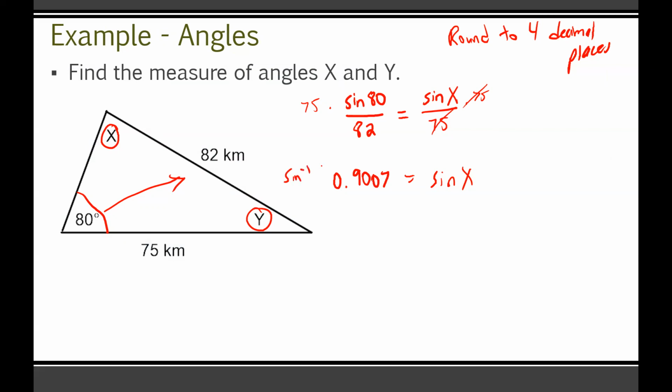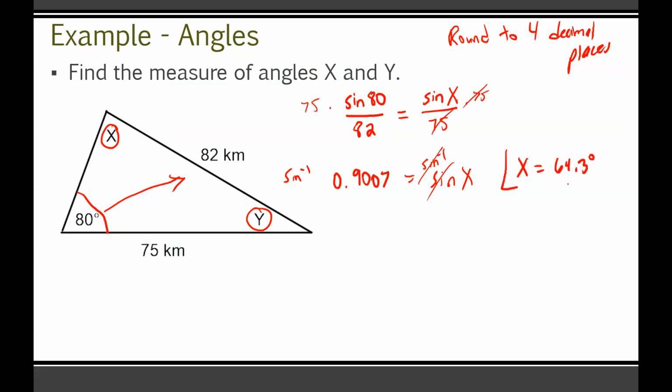So inverse sine and inverse sine. That's obviously going to knock out our sine here. So take inverse sine of that answer. It's even better if you put the whole thing in your calculator, but if you just put 9007 in, you should get, let's round to the nearest tenth as a final answer here. You should get somewhere in the neighborhood of x, well, maybe I should save some space here. X equals about